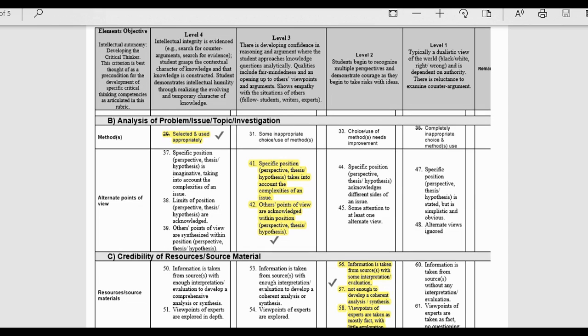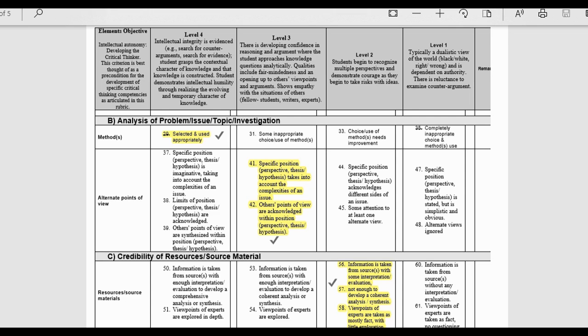For the first part, method, I gave myself a 4 because I believe I've used an appropriate method in analyzing my position on the material presented here. As I said before, I spoke about what I've summarized, and I've also stated how I think I could apply it to my own situation in my own career.